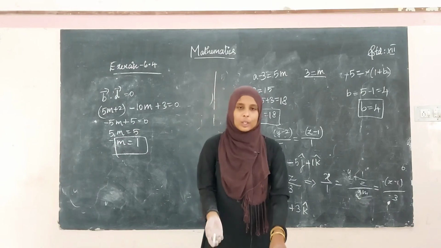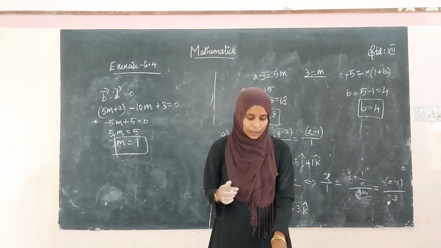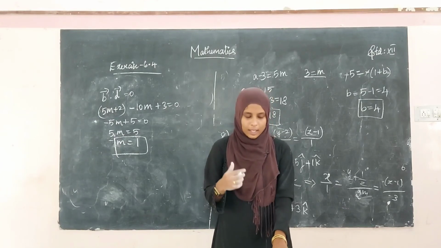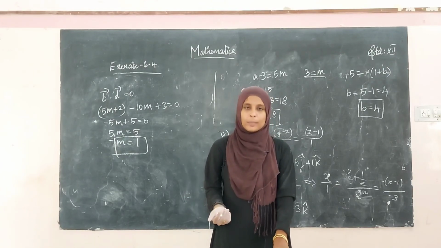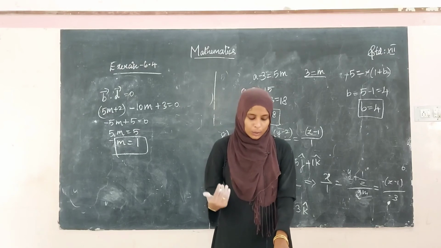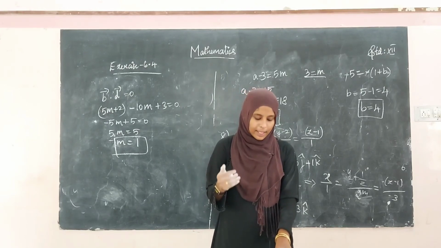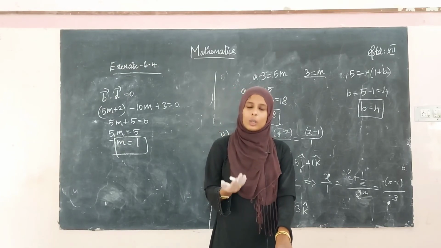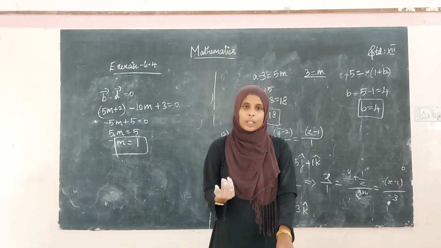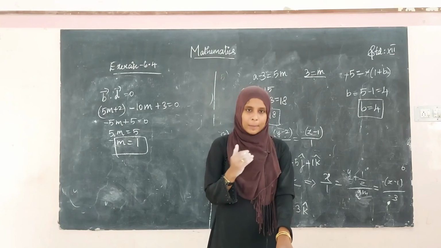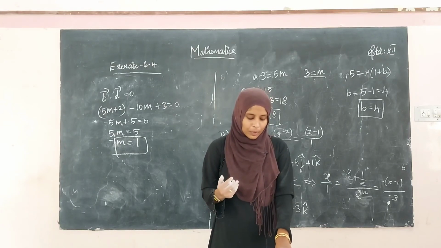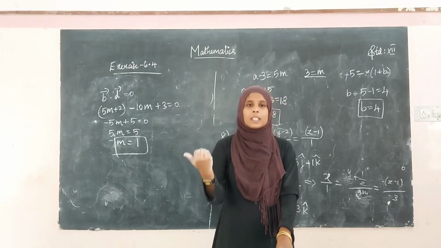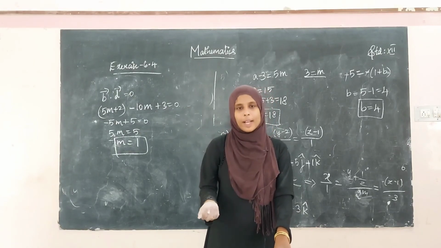For the Cartesian form you first find the direction ratios, that is minus 1 minus 2 is minus 3, 4 minus 3 is 1, 5 minus 4 is 1. These are the direction ratios. So take the first point as A vector, 2 i cap plus 3 j cap. Write the Cartesian equation, that is x minus 2 divided by minus 3 equal to y minus 3 divided by 1 equal to z minus 4 divided by 1.